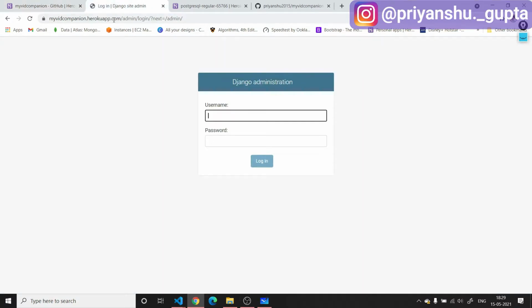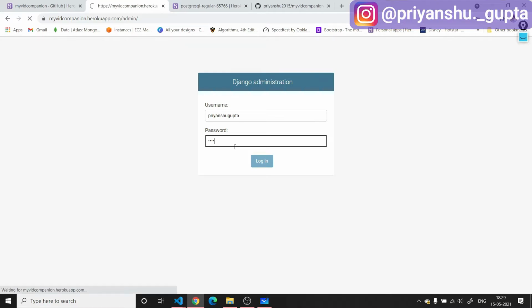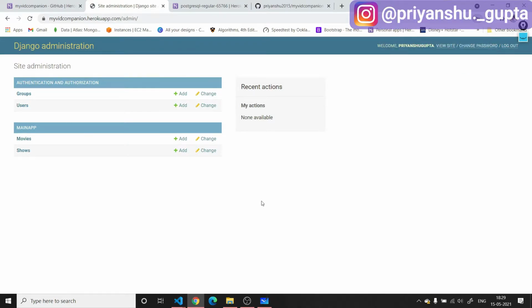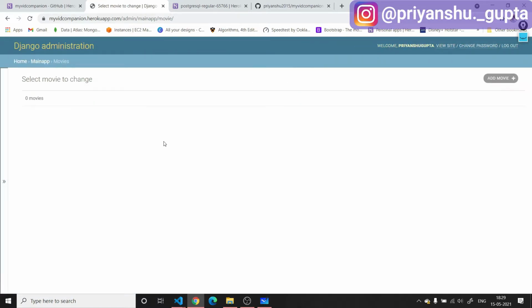And now if I go to this admin section here and try to log in using my credentials, you can see that I am able to log in. Now if I go to the movie section, you can see that there is no movie right now.